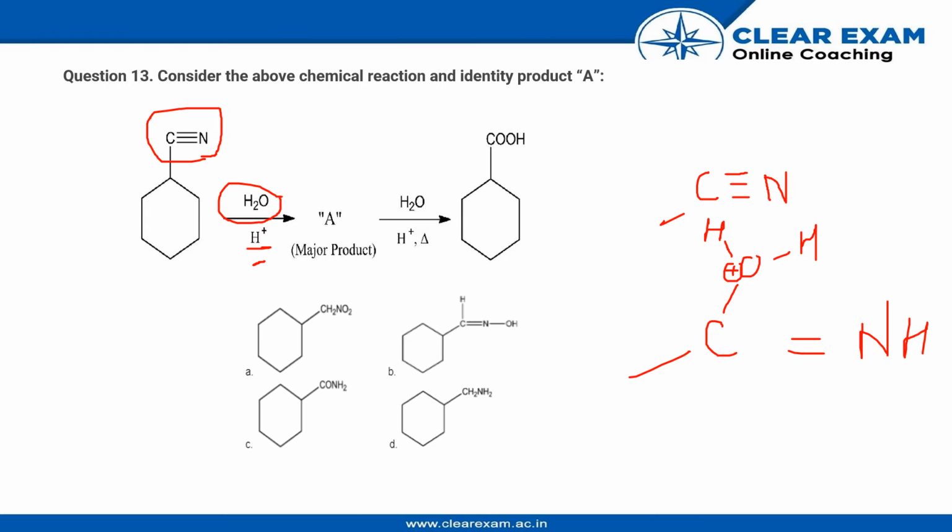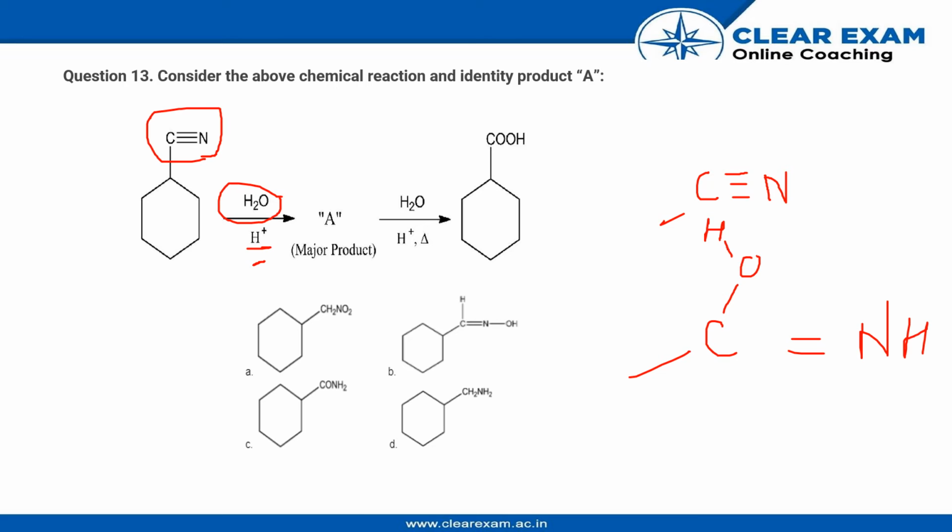Now oxygen is not stable with 3 as its valency, so it removes its hydrogen, and we have H plus again in the system, which was taken up by the nitrogen atom. So let me draw the final product. So this is the product, correct?